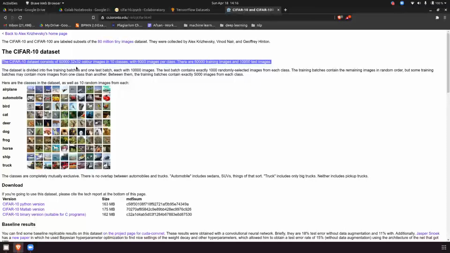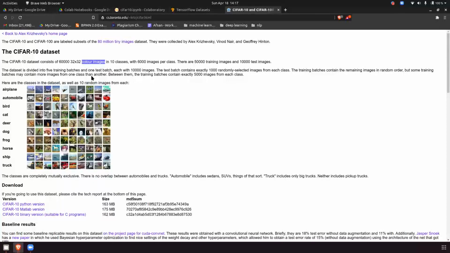Okay. So let's try to develop this. The CIFAR 10 dataset consists of 60,000 data, and those are 32 cross 32 color images. So if I say 32 by 32 color images, what does this mean? A matrix of 32 by 32. And what is a color image? The depth is also 3, RGB. So 32 cross 32 cross 3 in short.